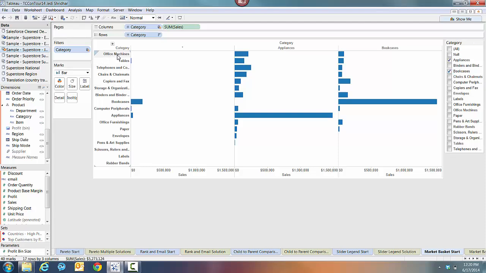Okay, so it turns out people who buy office machines also do spend about this much money on appliances and on bookcases as a part of the same order. People who buy bookcases, right, don't buy any appliances,